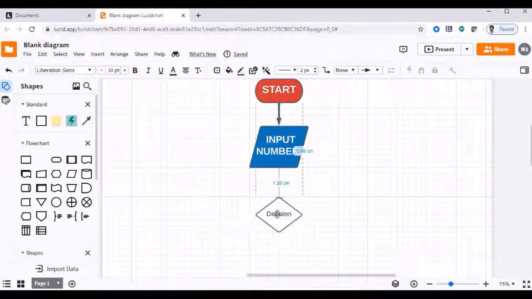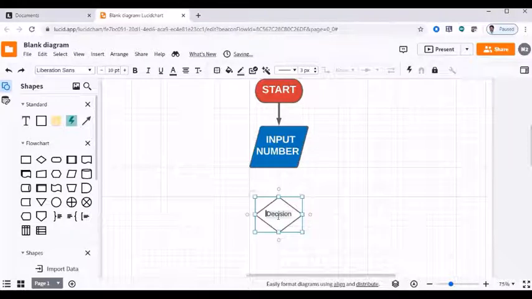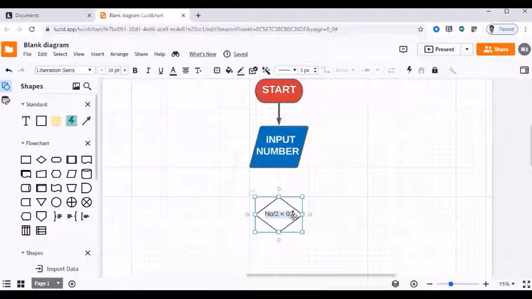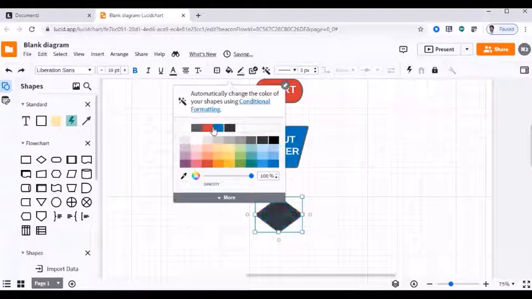Then the next decision: whether the number is divisible by 2. Number divided by 2 is equal to 0, yes.